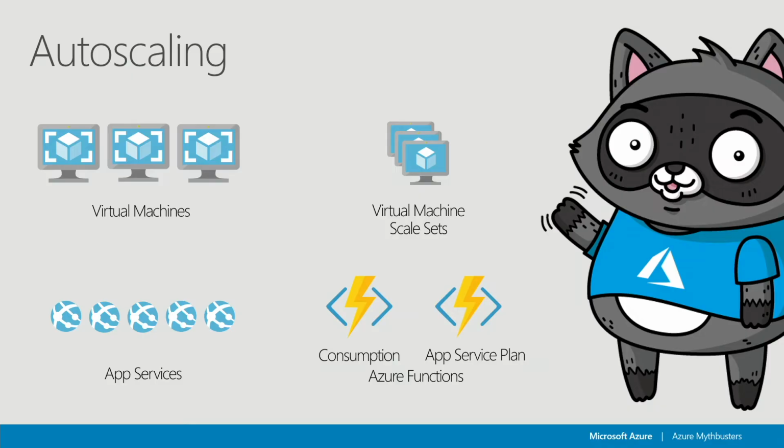Exactly. And that's very similar for app services as well. So even as we start moving from infrastructure into PaaS, that's still the same case. Where it gets a bit grayer is something like Azure Functions. And Azure Functions are great because it's serverless, it's this new world where we don't need to think about any of that underlying infrastructure, but there are still things that you do need to think about. Like, for example, do you go for a consumption plan or do you go for a more traditional app service plan?